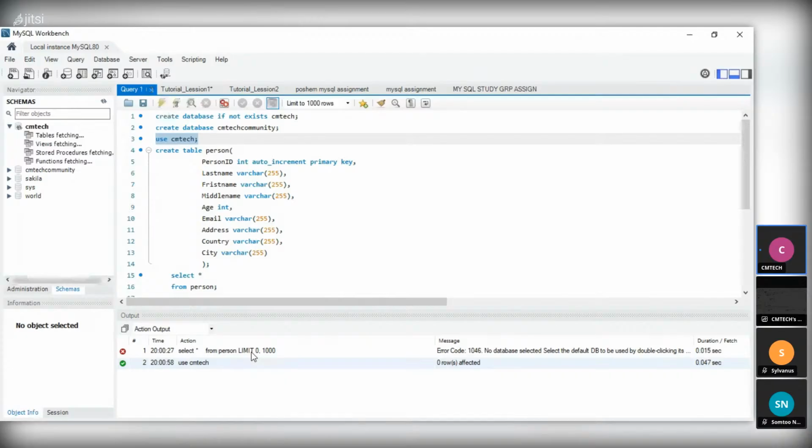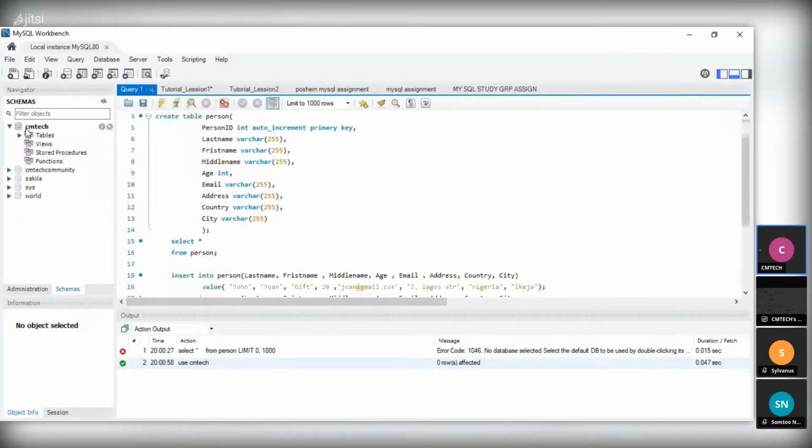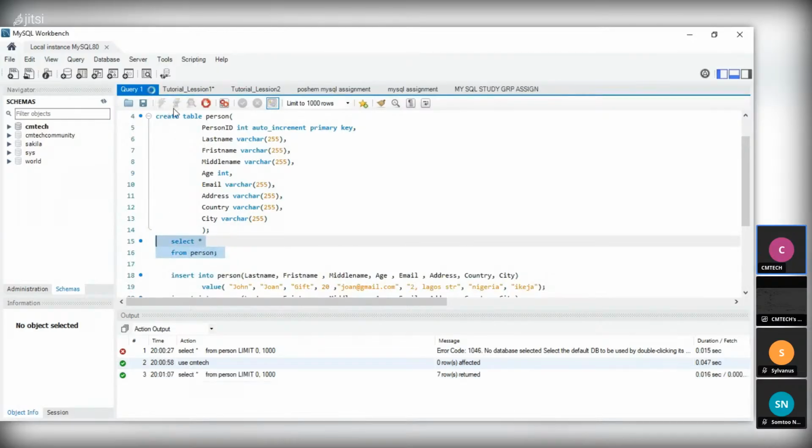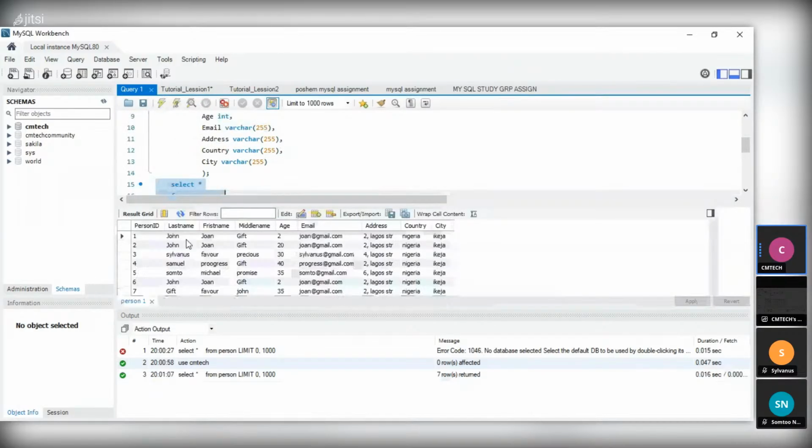So I've already used the database, and this is the database, and we are going to run it now. So this was all the data we inserted on our last class, right? Yes.